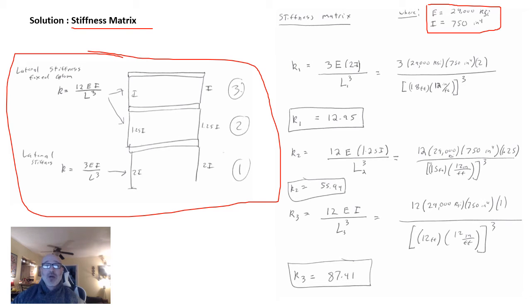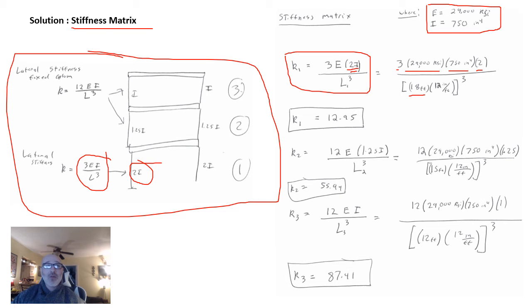So then we come down here, and what we see now is for K1, we have this relationship here. For K1, we have that K1 is equal to 3E times our 2I, because we're dealing down here with our 2I relationship for K right there, all divided by L1 cubed, our length right there. So we can plug that information in, and we end up with 3 times my E value of 29,000 KSI times my I of 750 inches to the fourth times my 2 value from that 2I there, all times my